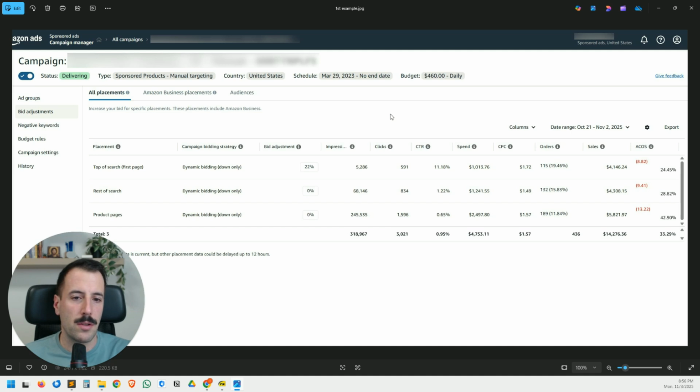So this is a perfect example. That's why I wanted to share it with you. It's not just theory. These things happen, and this is only a single campaign that's spending around 5K in 10 days. So imagine if you do this on multiple campaigns over the period of one year, that's easily tens, if not hundreds of thousands of dollars